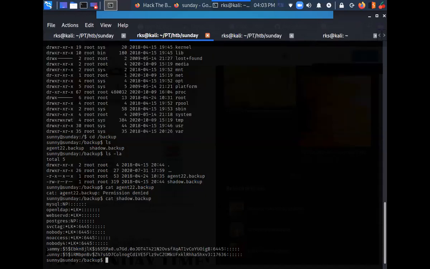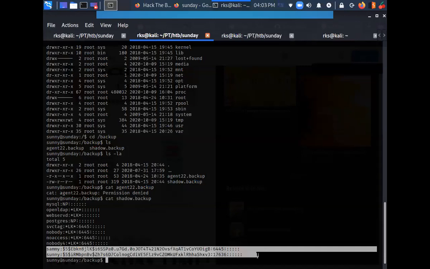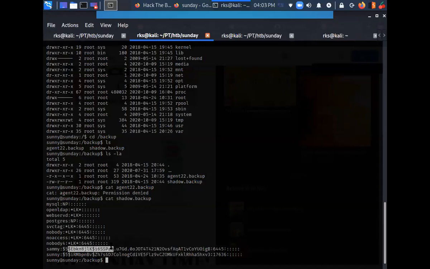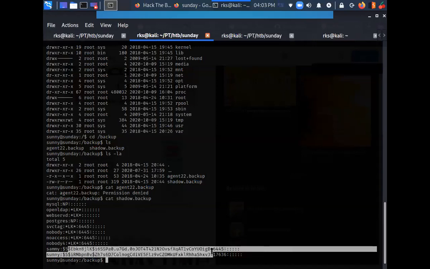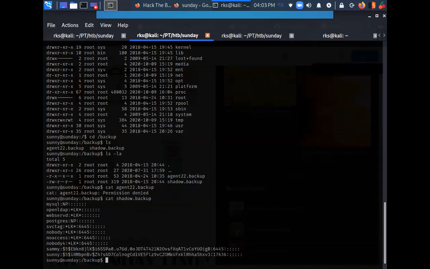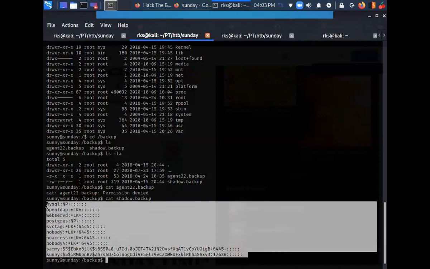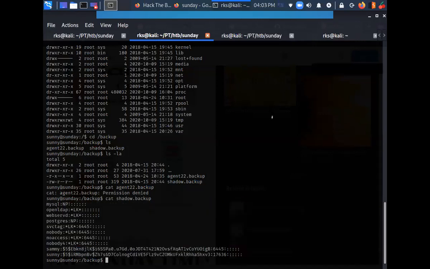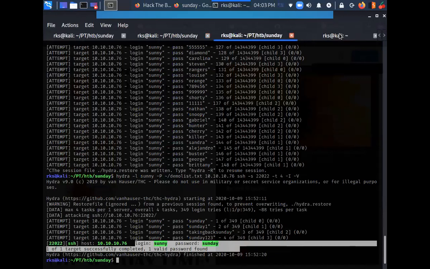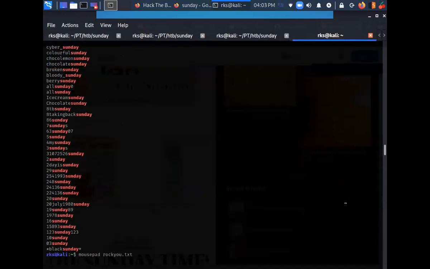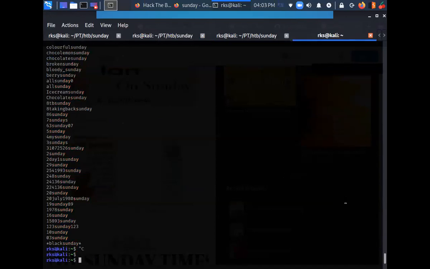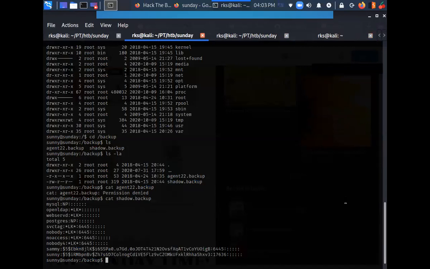I have these usernames and passwords here. Probably this is in an encrypted or hash format, so before doing anything, I need to crack it. First of all, let's copy this thing. Let's create a file over here.